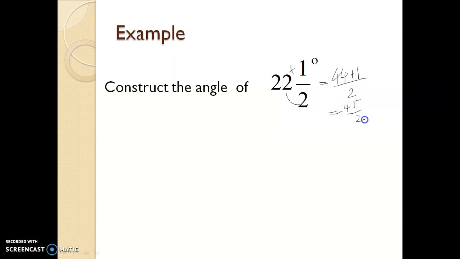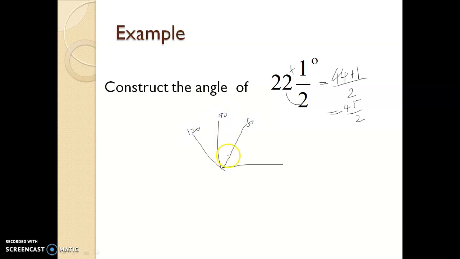So equal to 45 by 2, that is half of 45, right? So for that we need a 90 degree angle, because 45 is nothing but half of 90, and then we have to bisect 45 also. So first we have to draw 60 degree and then 120 degree and then 90 degree. So this one is 60, this one 120 and this one 90.